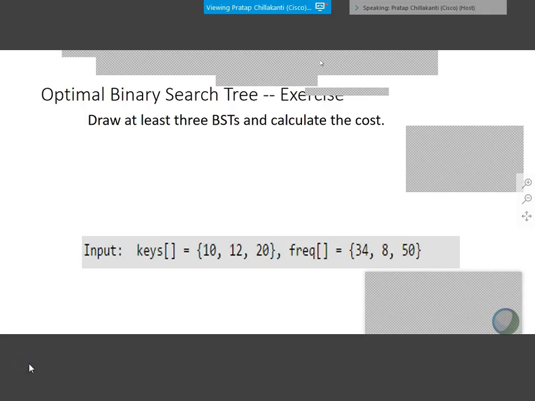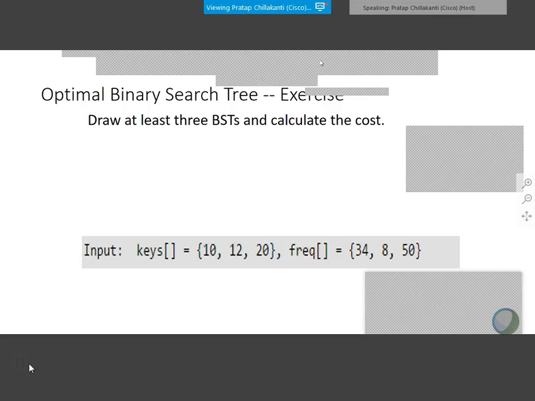What I said was, I kind of gave you a quick introduction to what an optimal binary search tree is, right? I gave it in one of the slides before, and I said when we talk about optimal binary search trees, we talk about the keys which go into the tree and the frequency with which they occur.